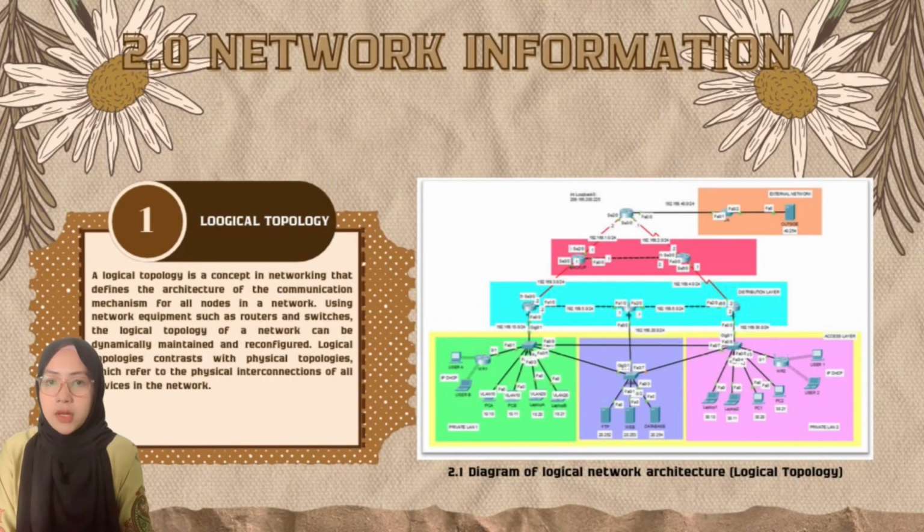Number 2 is network information. Logical topology. A logical topology is a concept in networking that defines the architecture of the communication mechanism for all nodes in a network. Using network equipment such as routers and switches, the logical topology of a network can be dynamically maintained and reconfigured. Logical topology contrasts with physical topology, which refers to the physical interconnection of all devices in